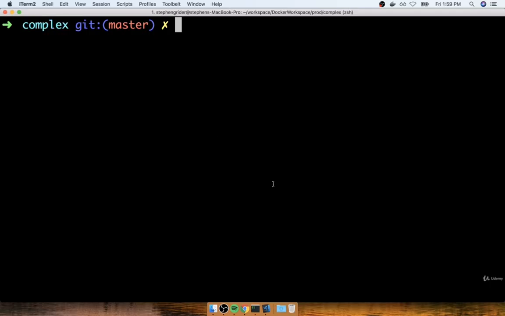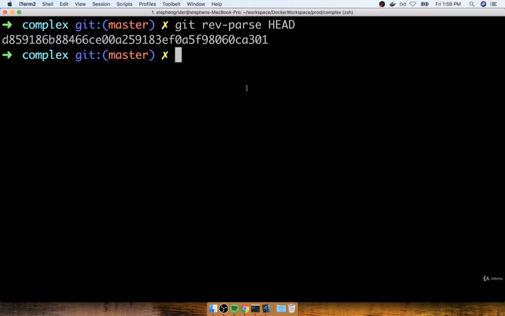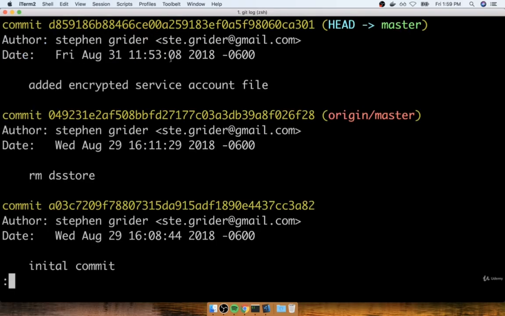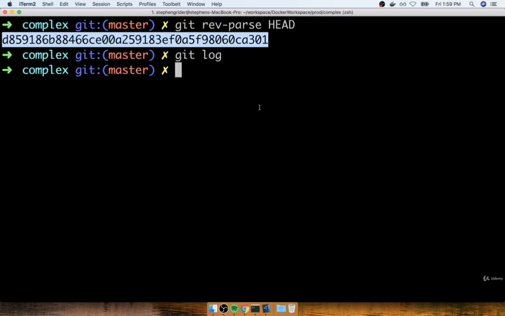Anytime we make a set of changes and then want to send those changes up to GitHub, we have to create a commit. With every commit that we create, a unique identifying token, referred to as the SHA, is generated. And that SHA is essentially identifying that current set of changes inside of our codebase. So to print out the SHA that we are currently working with right now, you can run git rev-parse HEAD, like so. And that's going to print out the current SHA for the latest commit that I put together. We can also do a git log, and that will print out all the different SHAs for all of the different commits that we have created over time. So we can essentially imagine that this SHA right here is an absolutely unique identifier